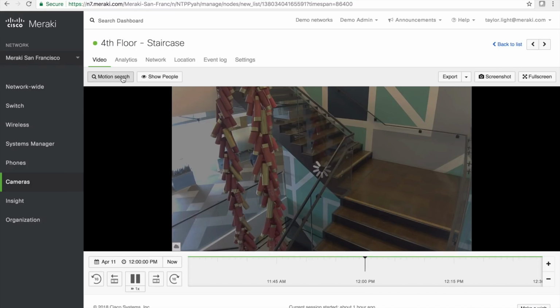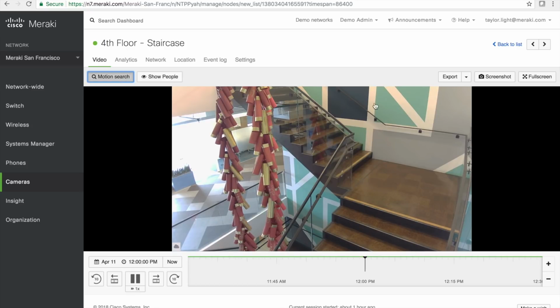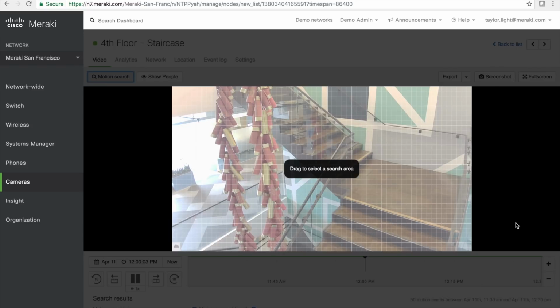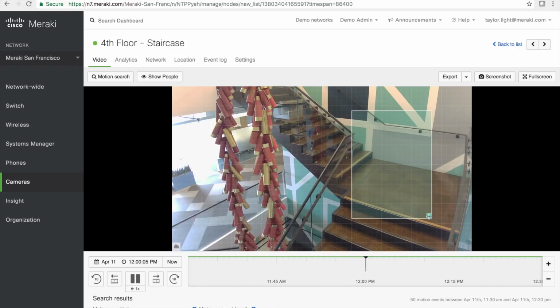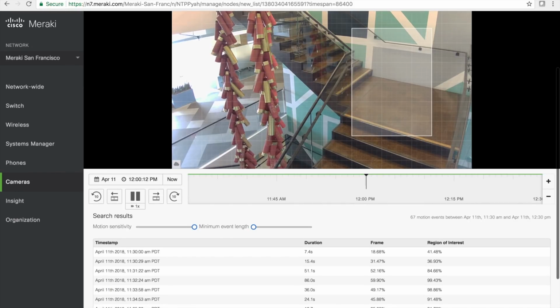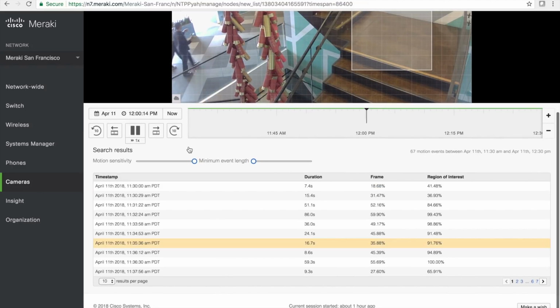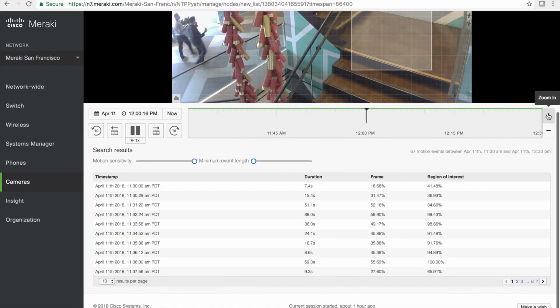And I'll just quickly do a motion search for maybe a representative sample, to make sure that we get a good audience walking through. I'm leveraging our intelligent motion search. We do full frame motion processing, always on the edge, which allows me to then drag and drop a box at any point in time. I'm going to go ahead and zoom in so I get maybe more granular results.